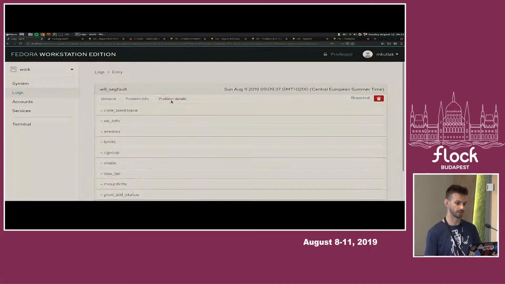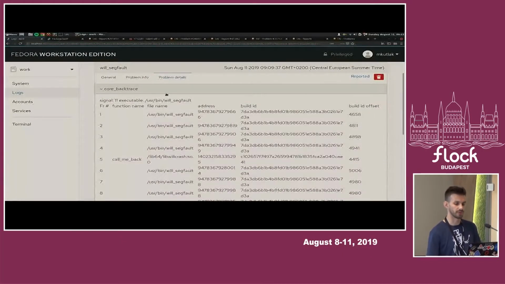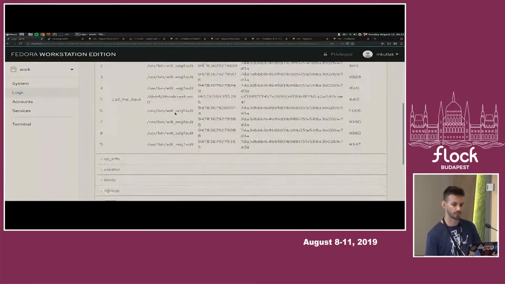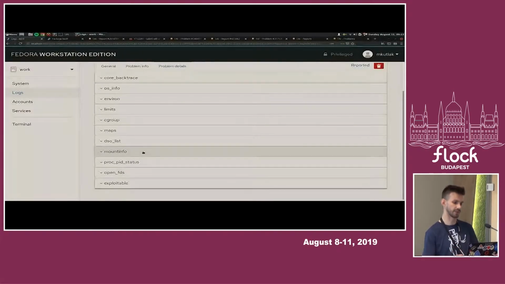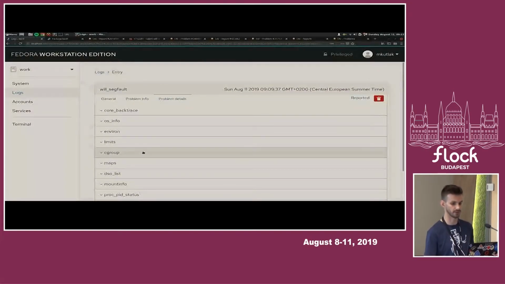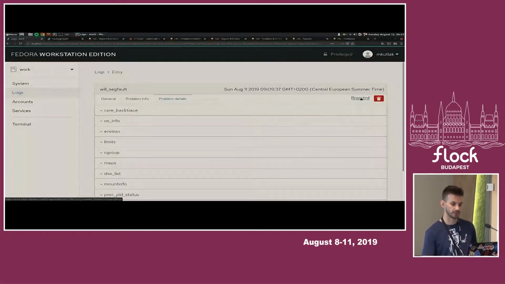There's also more detailed information where you can see, for example, the core backtrace from the core dump, and different other files. You can also report the problems from Cockpit. I've already reported the problem, so it shows me that the problem was reported, and there's actually a link to the problem. If I open it, which I already have,